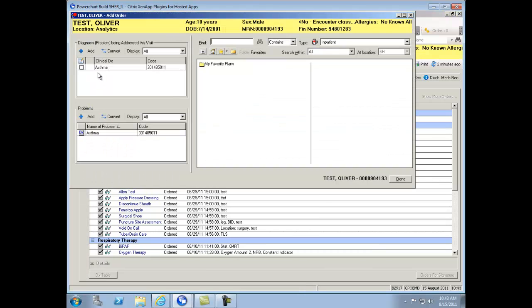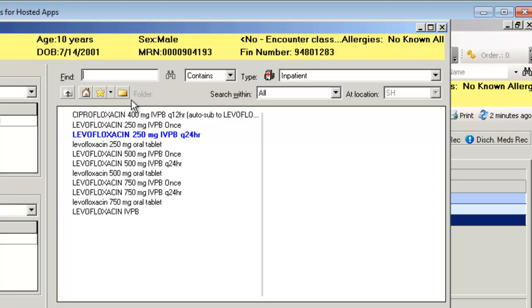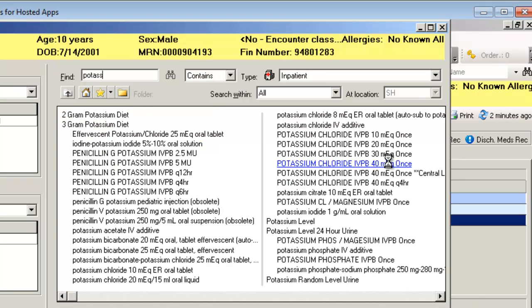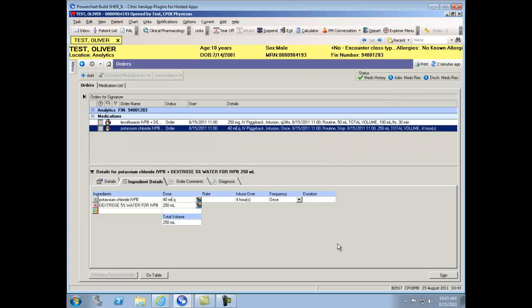To begin, let's enter in 2 orders for intermittent IV piggybacks. Your attention should be drawn to anything in all caps as those items are intermittent or continuous IV fluids. Let's proceed by entering a secondary order for K-Writer. And now that we've selected our couple orders that we're placing, let's go ahead and review the order details, starting